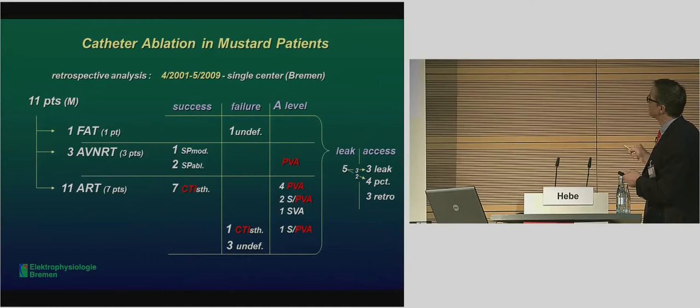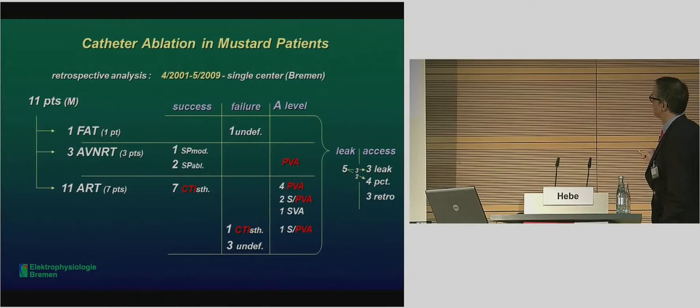This is from our data until 2009, and you can see again in Mustard patients we had most problems if we were dealing with AV nodal reentry tachycardias, I come later on, or atrial reentry tachycardias. We had to go to the pulmonary venous atrium in the majority of patients, and if we look at how many of these 11 patients had a leakage in the Mustard baffles, there were only 5, and 3 of them were